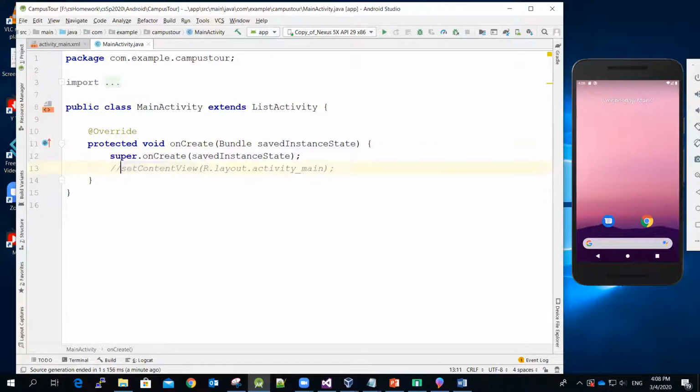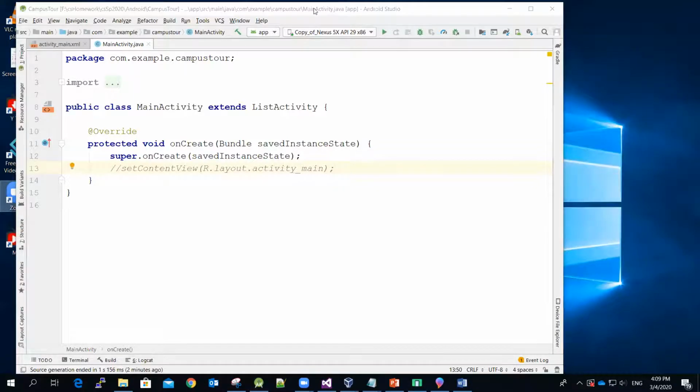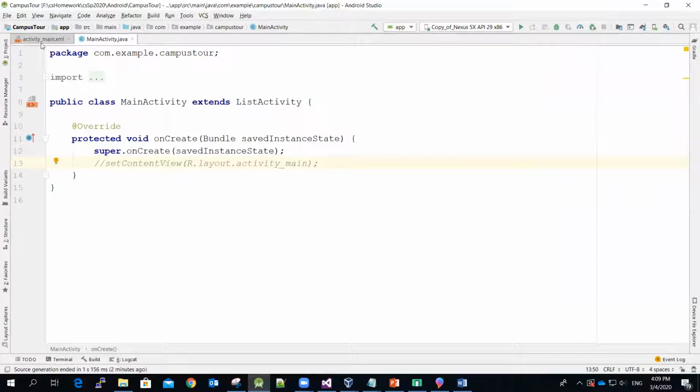make sure you comment out this line, because the class itself become a list view already. So if you keep this line over there, then the app will crash. It won't work well. All right, and let me increase the screen size, and then now let me switch to